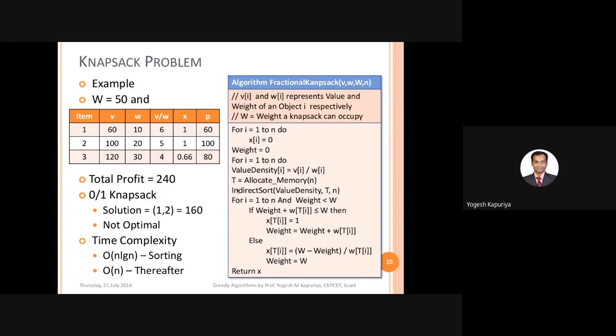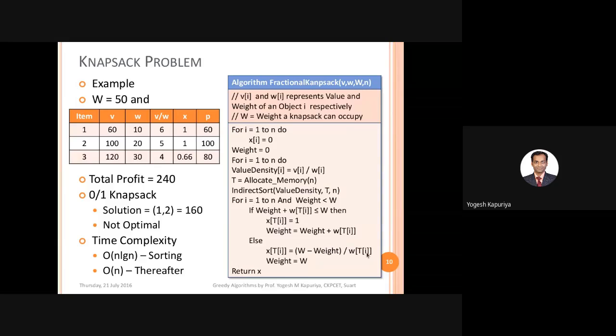Sorting means here you are actually calling another algorithm. Let us say we are using bubble sort or selection sort or merge sort. Out of all the sorting techniques, merge sort is the most efficient. Actually, quick sort is, but in average case time complexity, merge sort is the most efficient algorithm, and its time complexity is big O n log n. So for this particular case, let us assume that the time complexity of sorting is big O n log n.